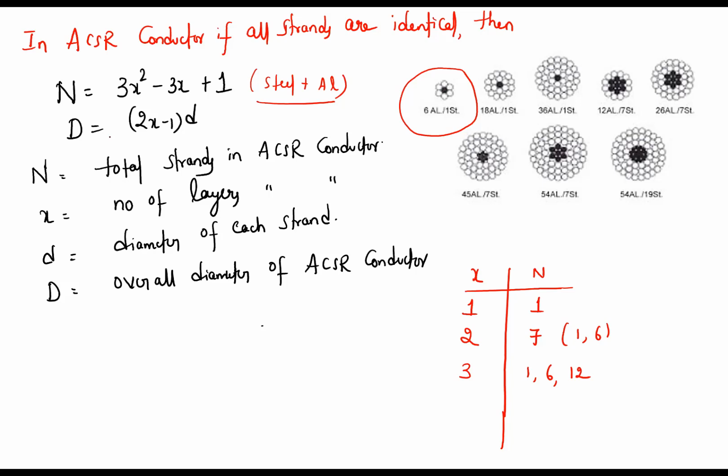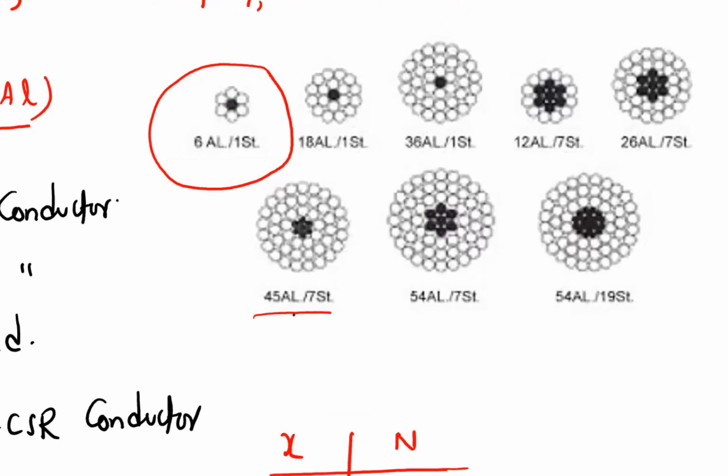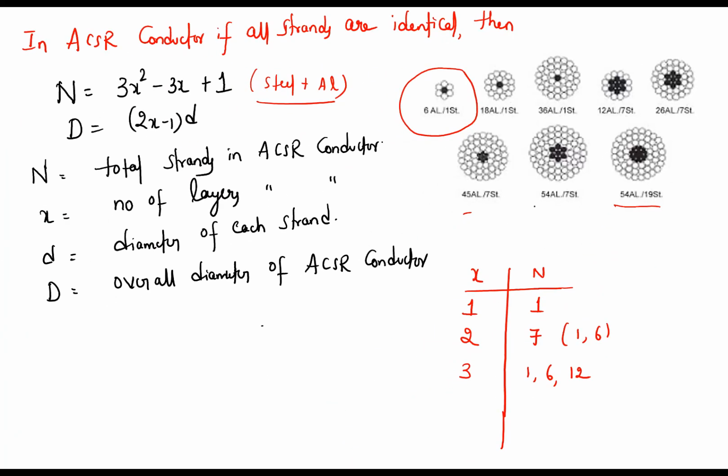Okay. So the next point which I want to tell you is that the ACSR conductor is always specified in this fashion. Now if you see, what is the specification? 45 aluminum and 7 steel strands. In industry they will describe it so that the bigger number tells you how many aluminum strands there are. The smaller number tells you how many steel strands there are. It can be reversed also. It need not be first aluminum, second steel.